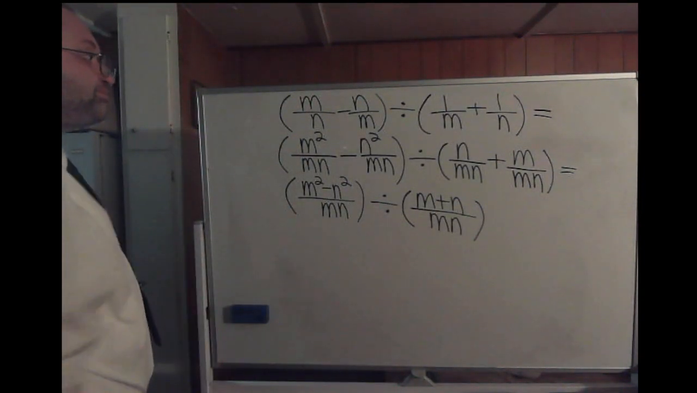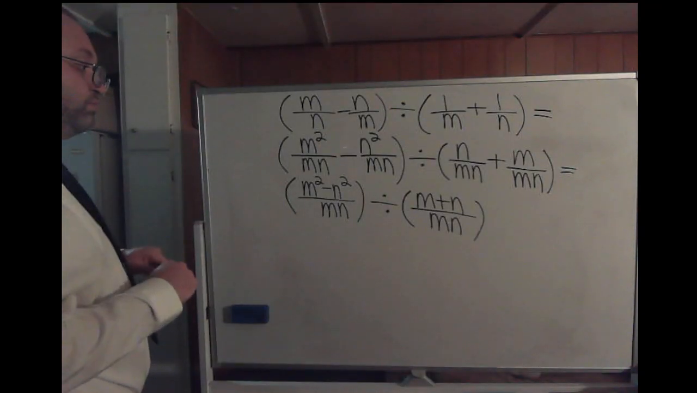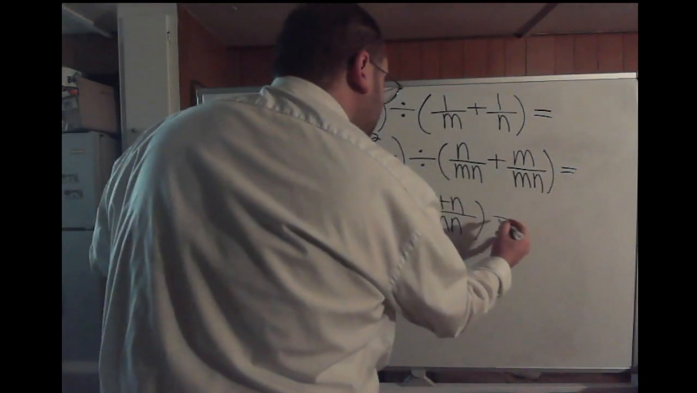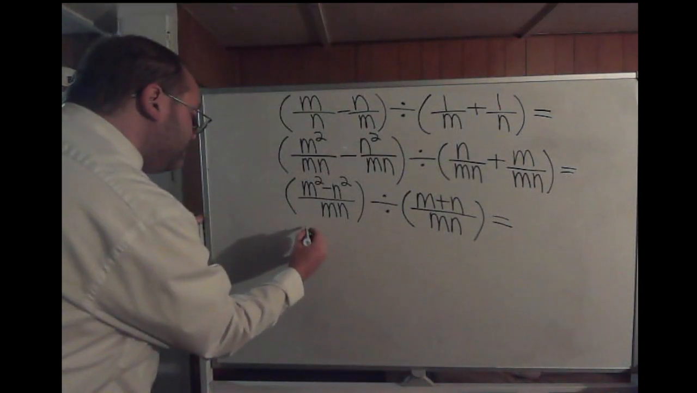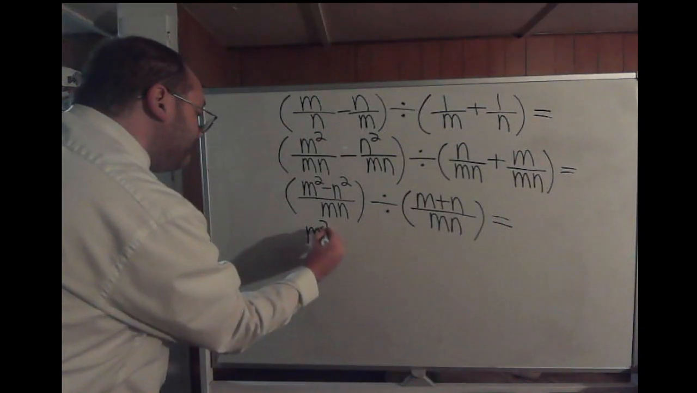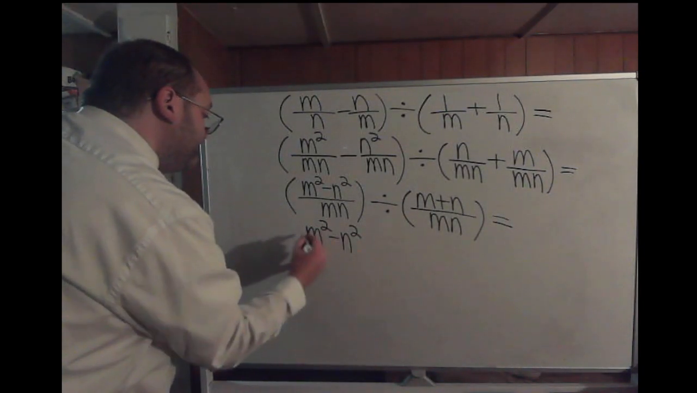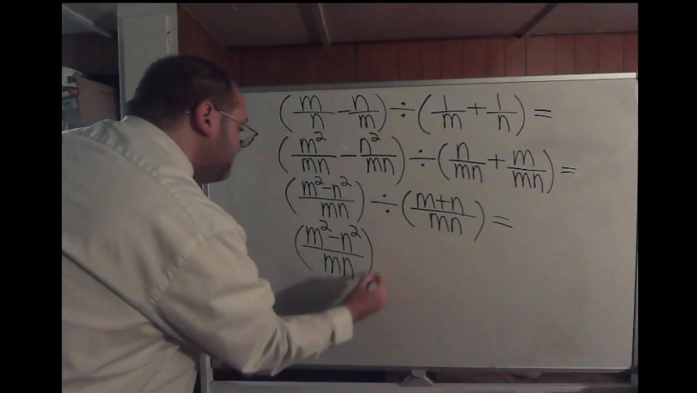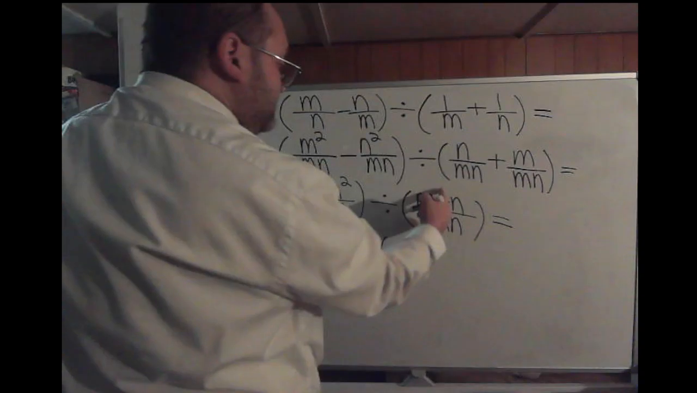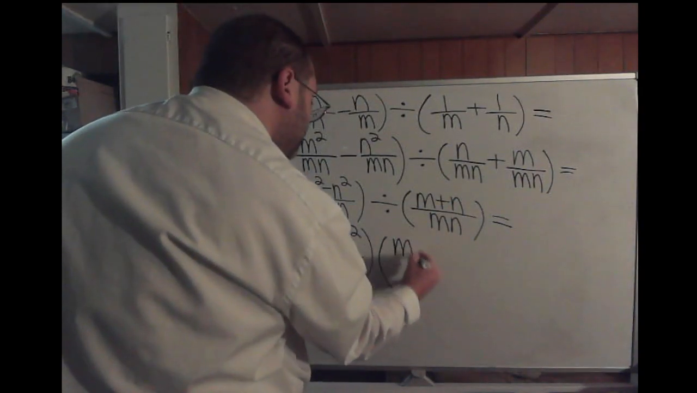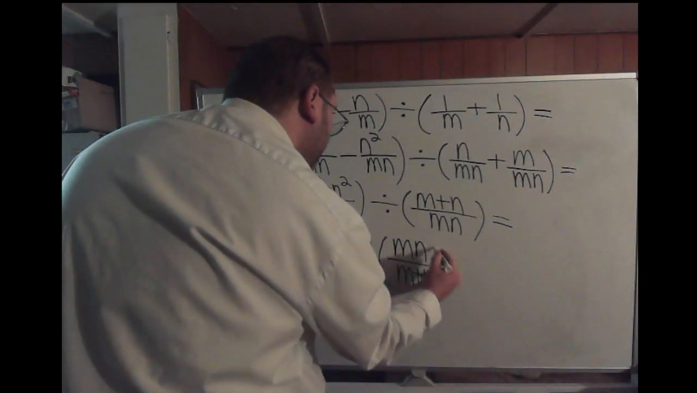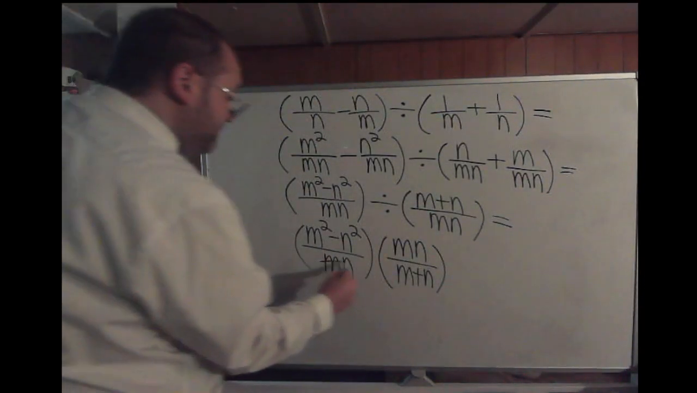Alright, well, now, let's see here. With the division, we can invert and multiply. So you're going to end up having your m squared minus n squared all over mn. You're going to take that, but with division you invert and multiply. m plus n over mn would invert to mn all over m plus n. Well, notice your mn's cancel out. What you're left with now is m squared